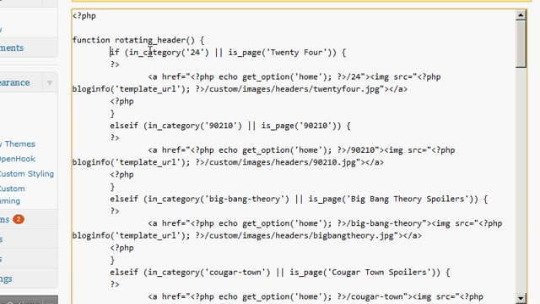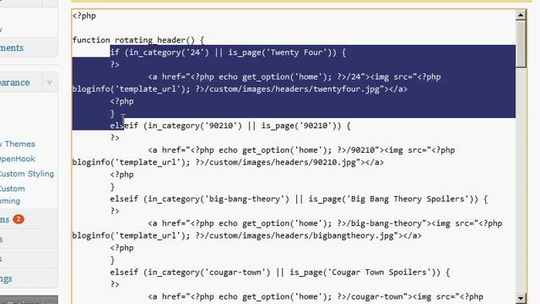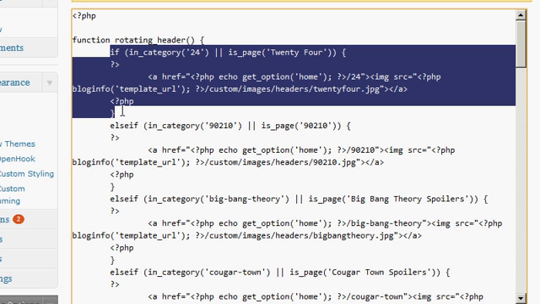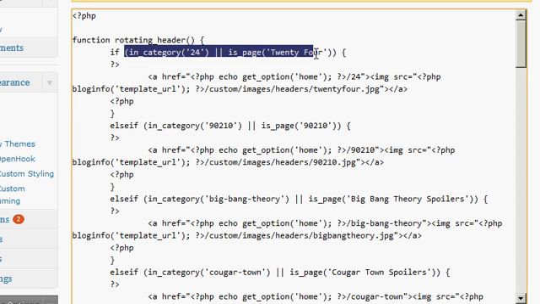What I've done is set up conditional tags so that a different thing is shown on every page. Let me go ahead and highlight this so you can see what I'm talking about. If the post in question is in the category 24, or if it is the page 24, the 24 show home page, so either if it's the 24 page or if it's a post that's in the category 24,